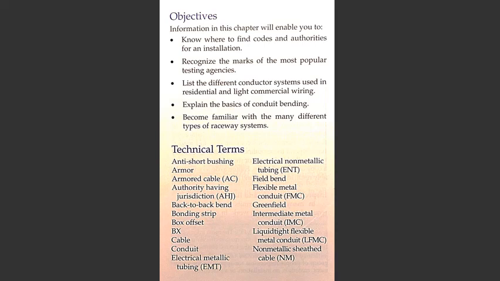Some of the technical terms described are the anti-short bushing, the armored cable or AC cable, the authority having jurisdiction or AHJ, the back-to-back bend, the bonding strip, the box offset, BX or BX cable, conduit, electrical metallic tubing or EMT, electrical non-metallic tubing or ENT, field bend, flexible metal conduit or FMC, Greenfield, intermediate metal conduit or IMC, liquid-tight flexible metal conduit or LFMC, non-metallic sheathed cable, NM,